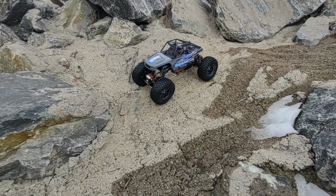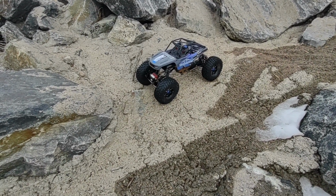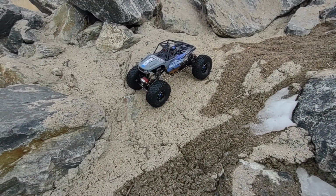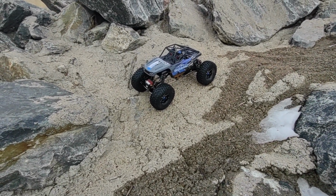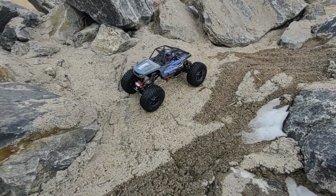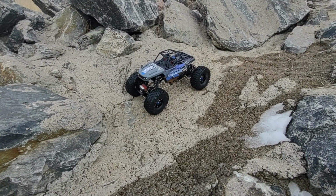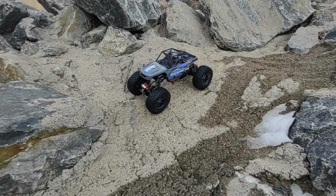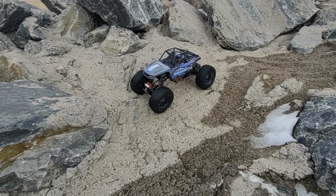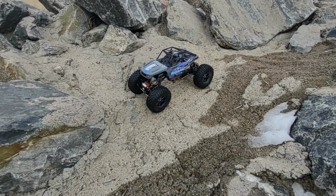Plus, if you want to do that, you kind of got to get a different receiver as well that can do things like that, a programmable receiver. So I just left that stuff stock in here and did the cheap Amazon upgrade with the additional servo, the reversing Y harness, the regular Y harness, and yeah, just had to dial it in, and it's working fine. It does what it needs to do for four-wheel steering,